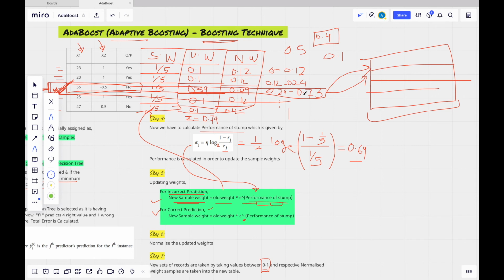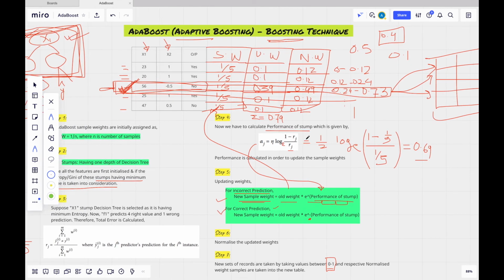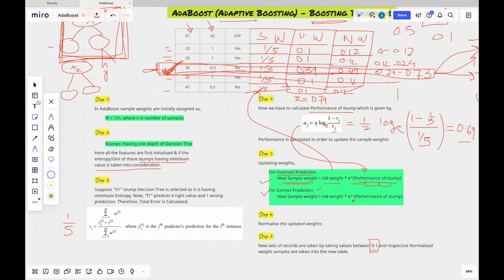There is a possibility that duplicate values will be taken into the new table. So now we got the new records. Again, the same procedure will happen from step 1 to step 7 till we get the correct prediction.